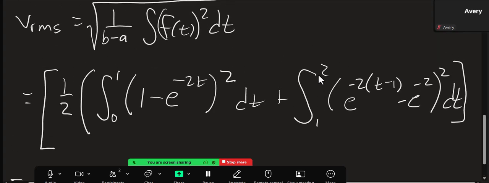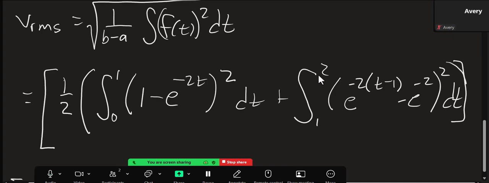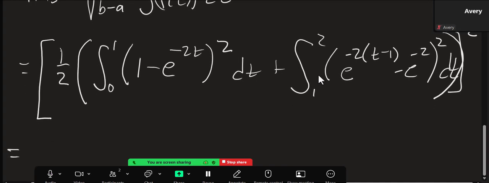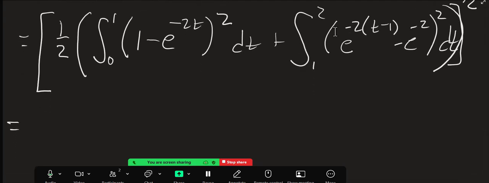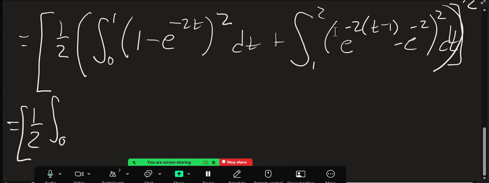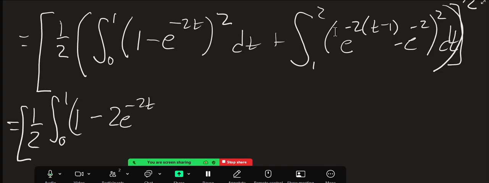So that's all times 1/2, and then all of that to the 1/2 because it's the square root. So then it'd be 1/2, well, all of it, the square root of all of it, 1/2 integral from 0 to 1, and then if I multiply that out, that'd give me 1 minus 2e to the negative 2t plus e to the negative 4t dt